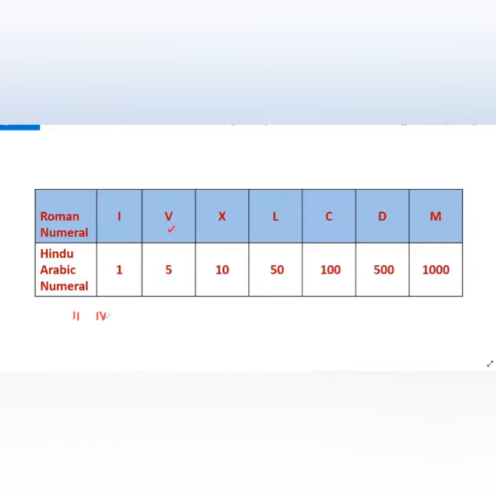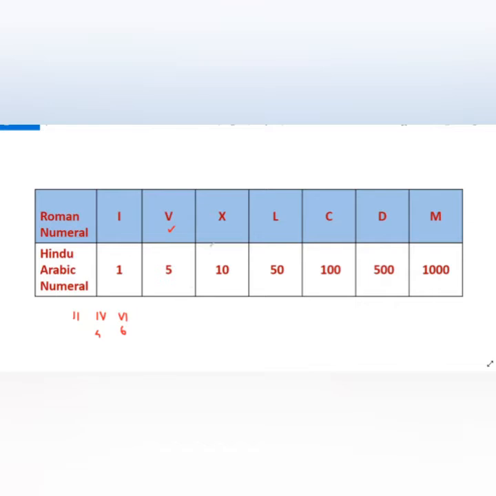So this is the 4 symbol, and 6, how to write? 6 we can write because 5 plus 1 is 6. So the 5 symbol is written, then 1 is written after. So this is number 6. Okay, 7 also is written here. 7 also, 5 plus 2 is 7. So the 5 symbol is written, then 2 ones. So that is 7 and 8 also, 5 plus 3. So 8.